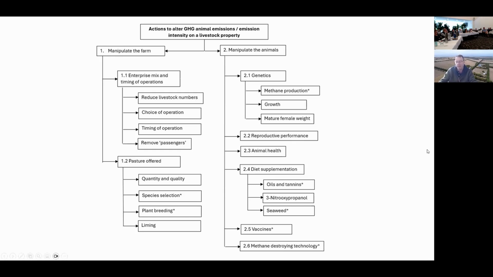So when you're talking to clients, there's an opportunity in exploring the female weight. We've chased that because female weight's been associated with growth from a genetic point of view. People chasing growth have ended up getting heavier mature cows. As part of that, there's more in maintenance, and reproductive issues as well, of getting them in the right condition so they ovulate again. But you're also getting pinged for it in your emissions calculation. So the possible pressure to select for lower mature cow weights over a long period of time, while maintaining your growth, is possible and might be worth looking into.